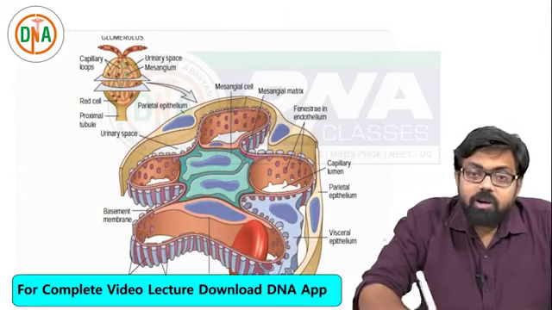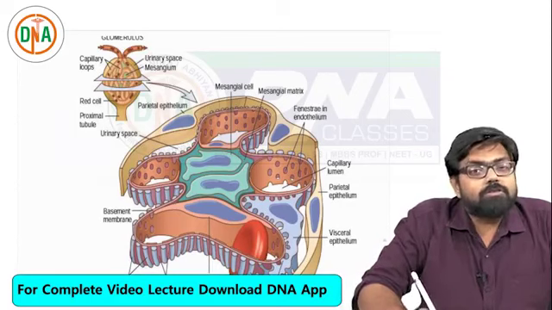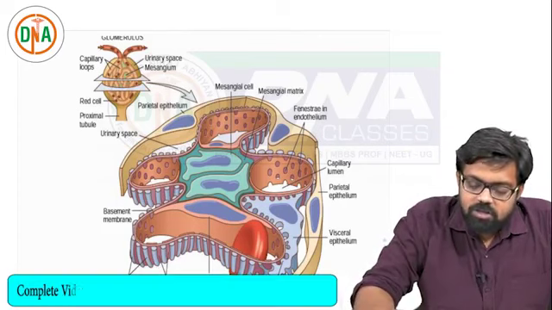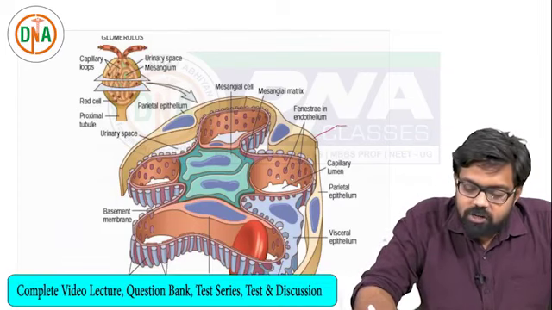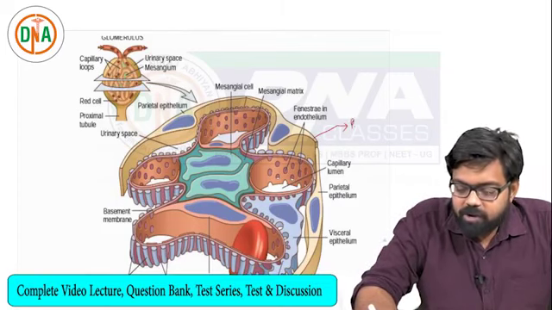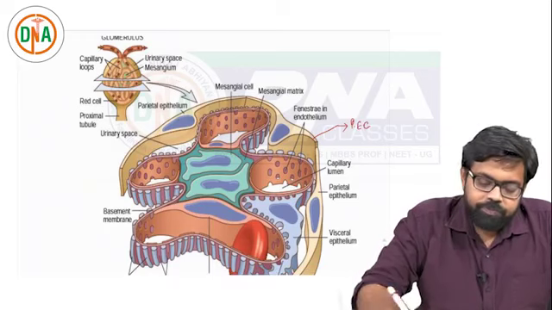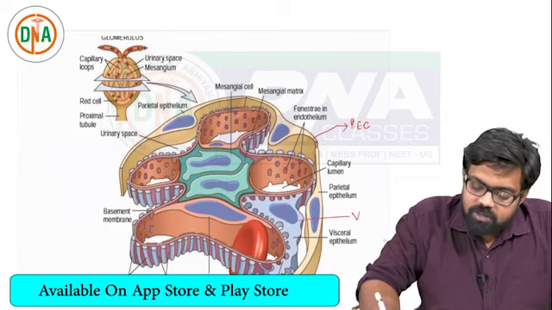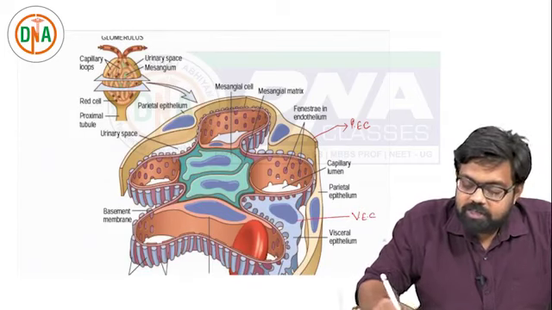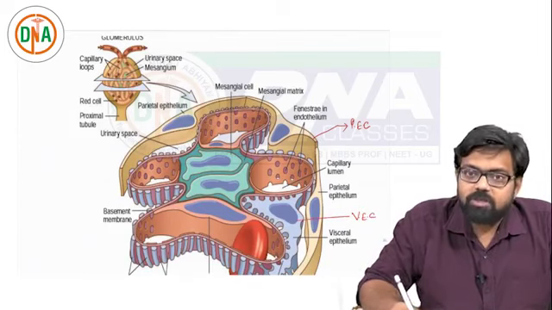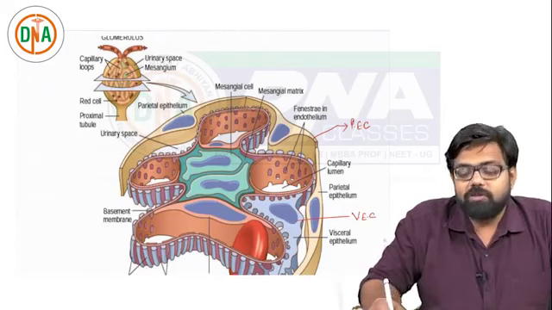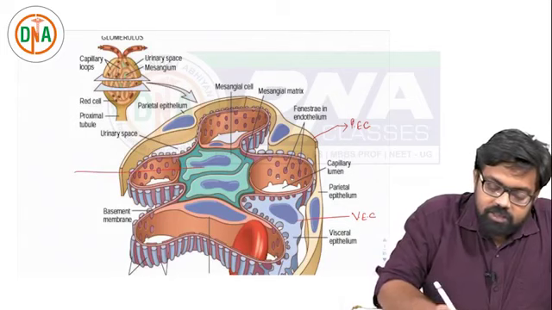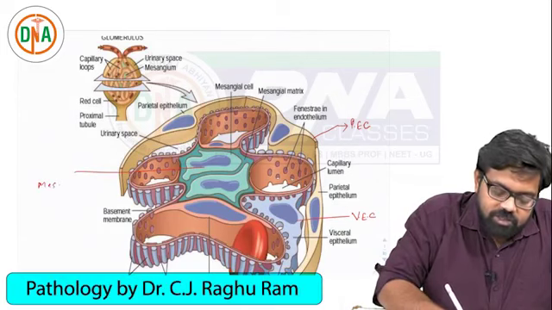So this is what we are talking about, the normal light microscopic appearance of the normal glomerulus. These outermost cells which are yellow in color are nothing but the parietal epithelial cells, and these blue colored cells are nothing but the visceral epithelial cells. For understanding purposes, these foot processes are shown over here, but normally on light microscopy you couldn't appreciate these things. And these green colored cells are nothing but the mesangial cells,